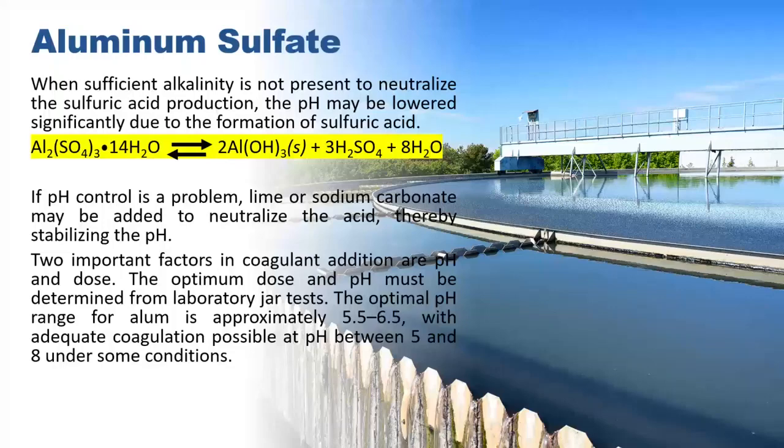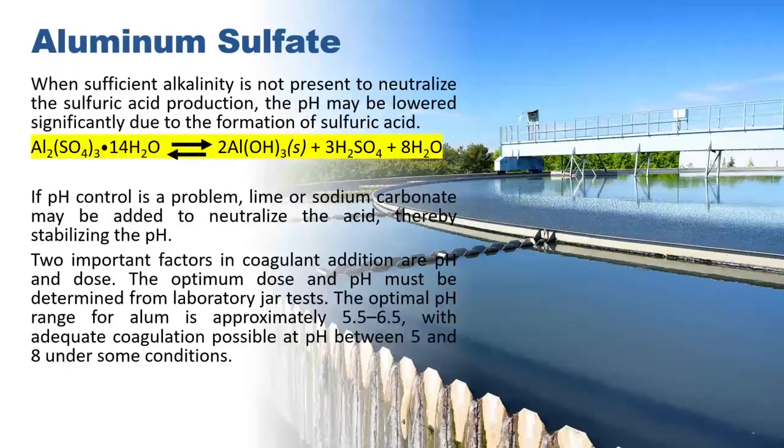So therefore, when our alum produces sulfuric acid, we are required to add a pH regulator. Commonly it's sodium hydroxide. If pH control is a problem, lime or sodium carbonate may be added to neutralize the acid, thereby stabilizing the